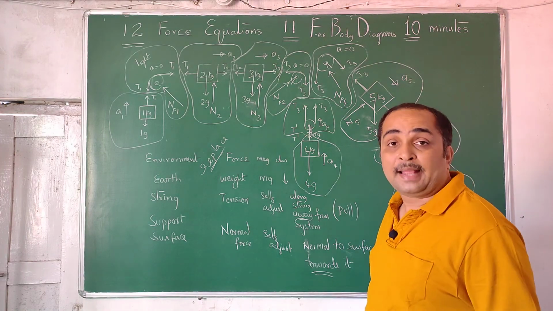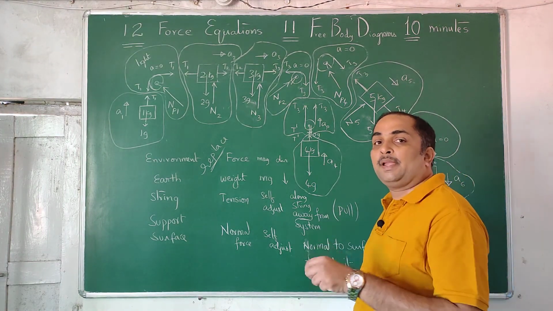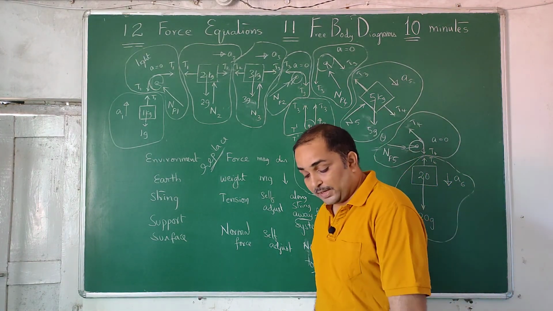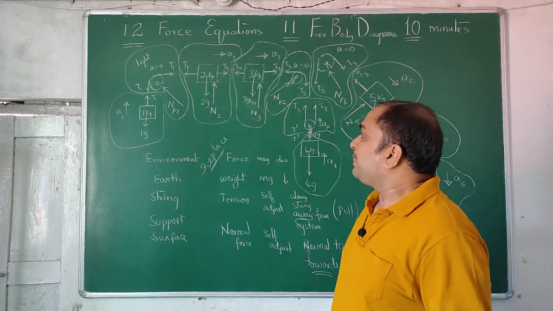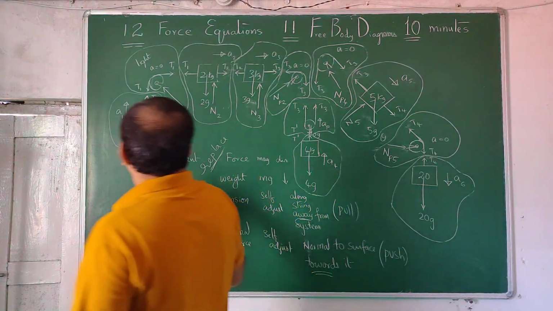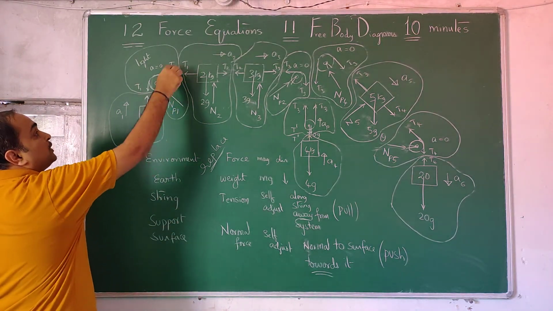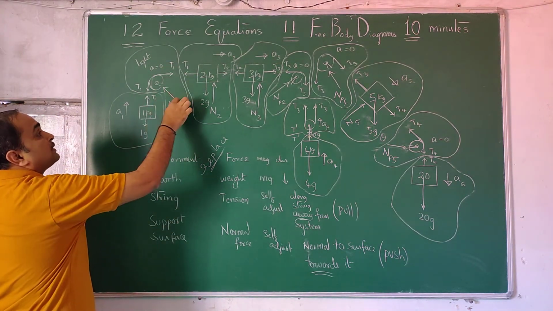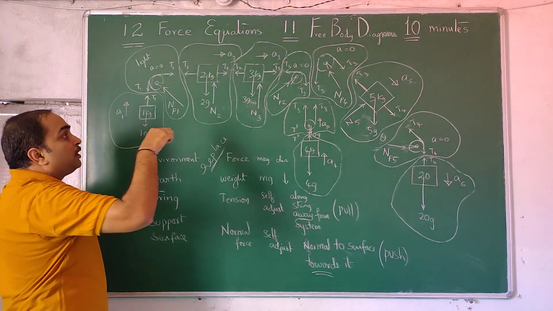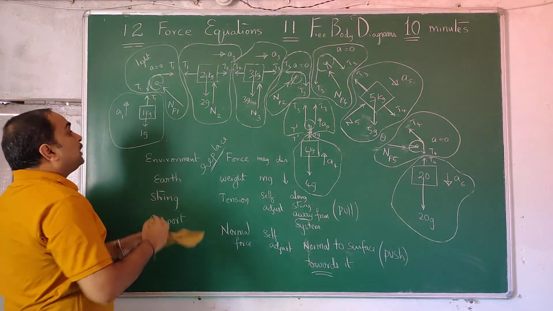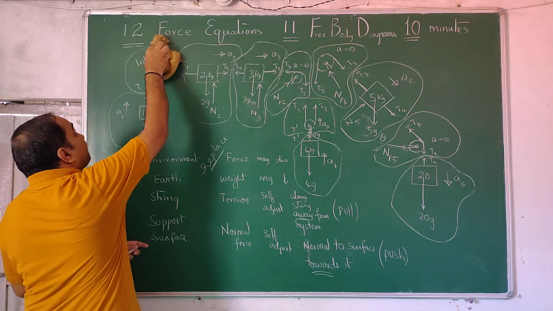Now I am telling something else. For the masses which are not accelerating, we don't write F equals ma. A separate torque approach is also there; combined, we find it out there. There are some problems related to pulleys that we will also do. What is the normal reactive force? It is the combination of these two; these two will balance this. So the square root of T1 squared plus T1 squared will be NP1. Anyhow, we are avoiding that for the time being.